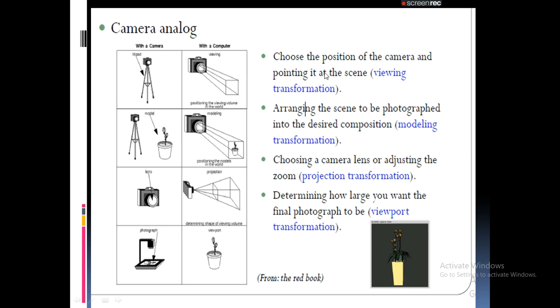Once you set the position of the camera towards the object, next is arranging the scene, meaning arranging the object to be photographed into the desired composition. This process is called modeling transformations in computer graphics with respect to the synthetic camera. Third, once you specify the position of the camera towards the object and arrange the orientation of the camera,